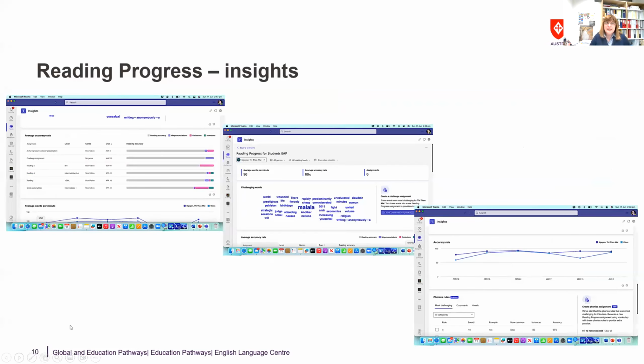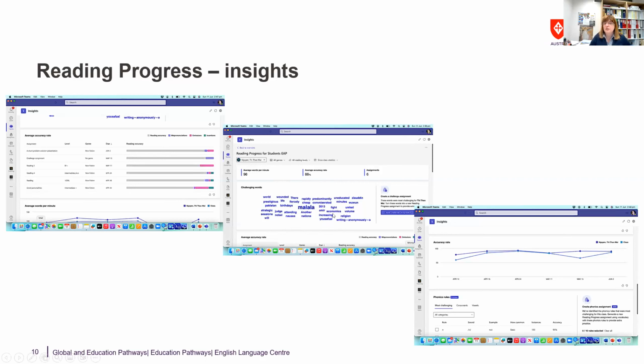So there is another point that reading progress can give you. The reading progress can give you class insights. It can give you individual students insight, but it can give you the reading accuracy. In this case, for me, important thing is about this future speaking in the presentation, which is academic in style. We can look at a couple of words. Well, there are more of this because I have done about half a dozen of different texts and different lengths. And I can see how